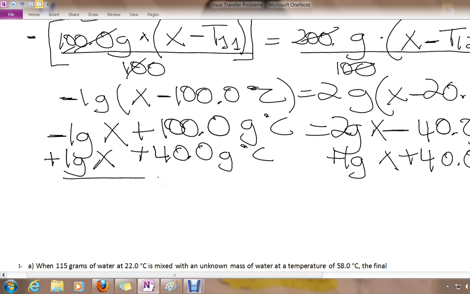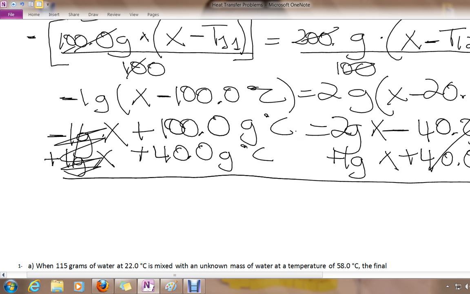Adding this together, the 40 cancels out on this side, and minus 1 and plus 1 gram x cancels out. It's going to give you 140.0